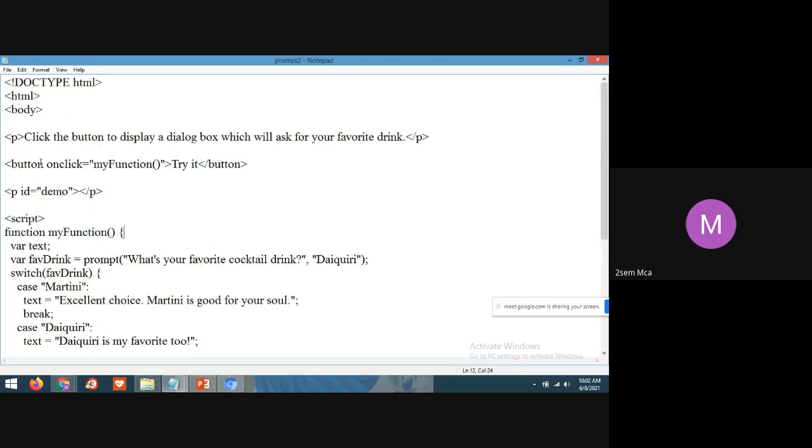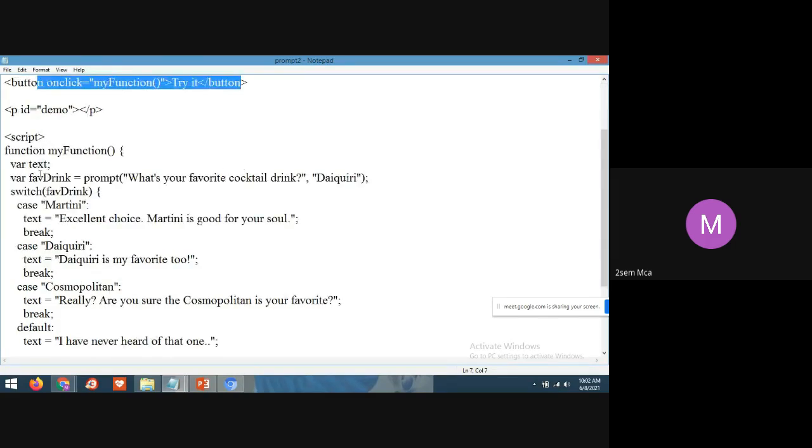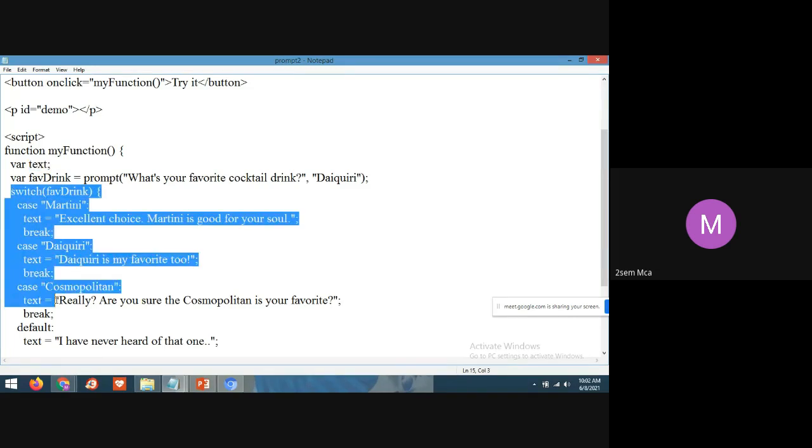This is similar to the previous program only. Here they have taken a text variable. And in the last class we discussed the switch statement, so here a switch statement is used.